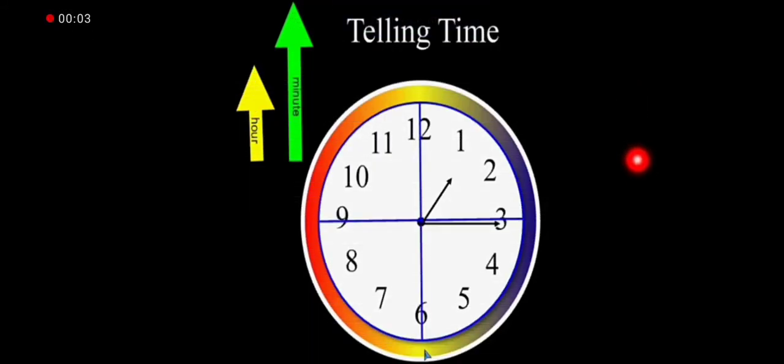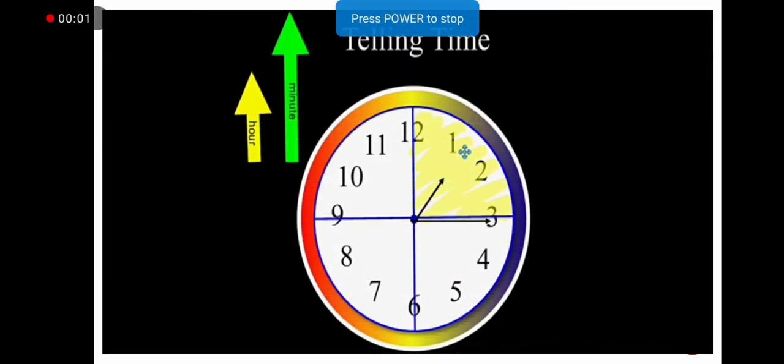Now when our hand is on 1 or the minute hand is on 3, how many minutes have passed? 1 times 5 is 5, 2 times 5 is 10, 3 times 5 is 15. So how many minutes passed? 15 minutes passed. And when we say 15 minutes passed, we say quarter past. So what time is it? Here, quarter past 1. You should always remember that each part of the clock, or each 15 minutes of the clock, is called a quarter.